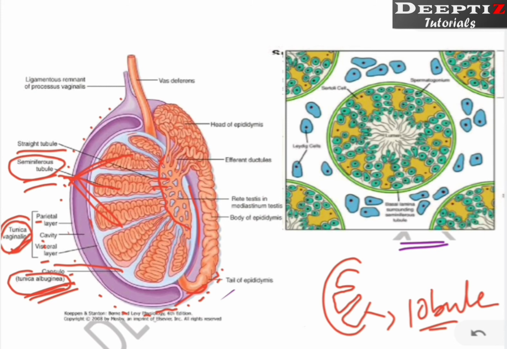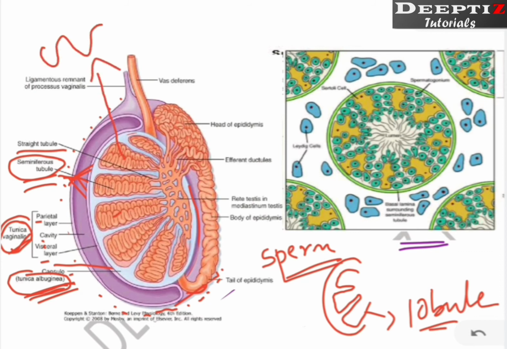Now this seminiferous tubule is important because the majority of the functions of the testis happen there. In a simple way, understand that within this seminiferous tubule sperm production takes place. So where is the sperm produced? The sperm is produced inside this tube. If I draw this tube separately, the tubes are like this. The sperm production takes place within this tubular structure, right?